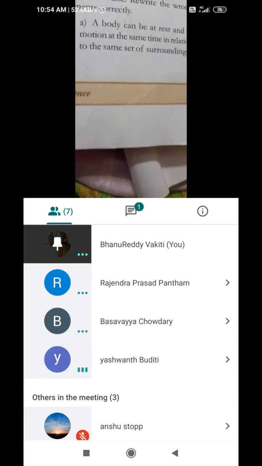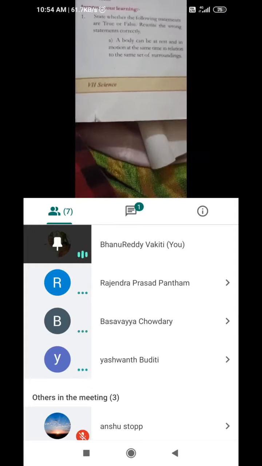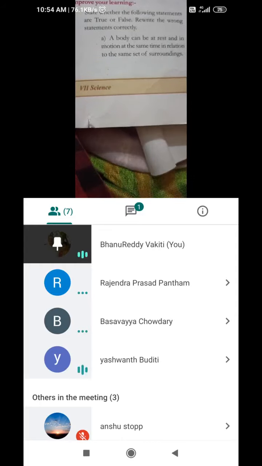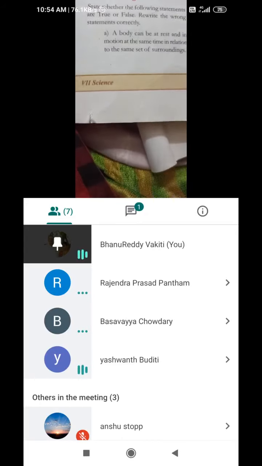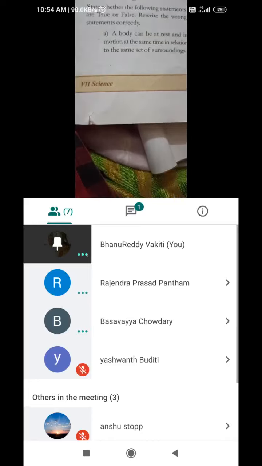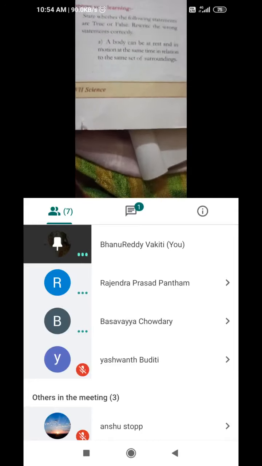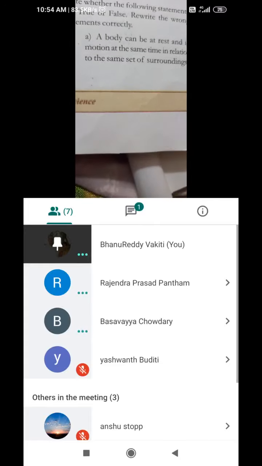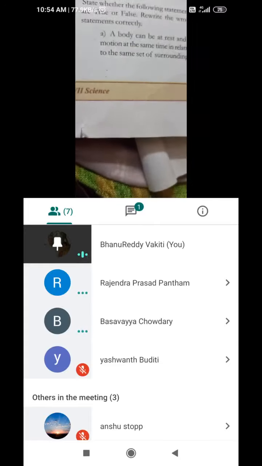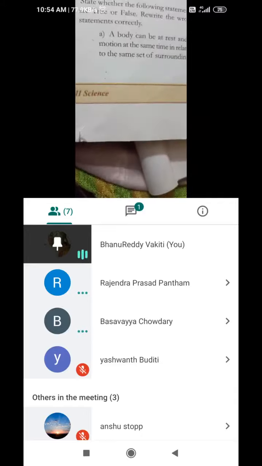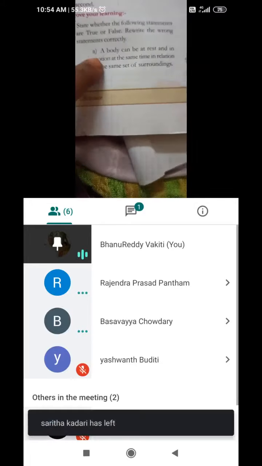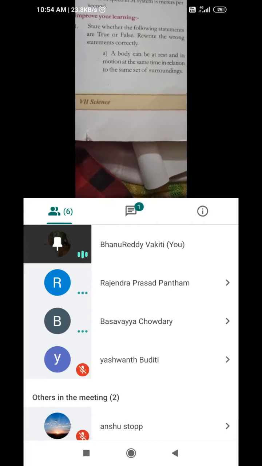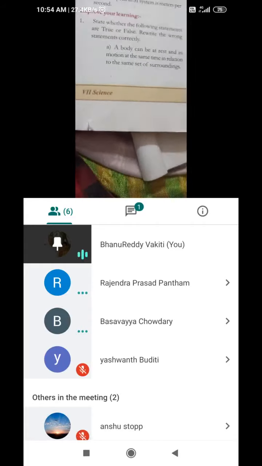A body can be at rest and in motion at the same time in relation to the same set of surroundings. Yes, check it once. I think it is correct only. Why is it correct? Motion is relative to the observer. So if we are sitting inside the car, we can...